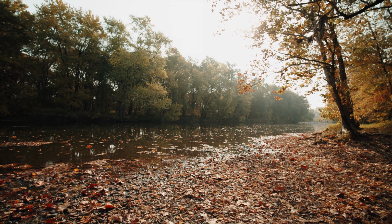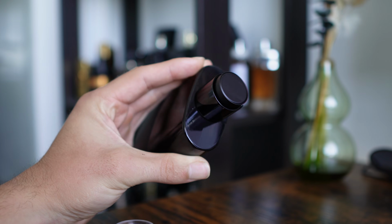I think that Prada Luna Rossa Black is perfect for autumns, winters, nights out. On a man above the age of 25, it does come across a little bit more of an older scent profile. I'm not saying it smells like an old man scent, not even close. The scent profile does not progress overly too much, but that powder does take a little bit of a backseat. I think that the compliments on Prada Luna Rossa Black are going to be extremely high, but let's talk about